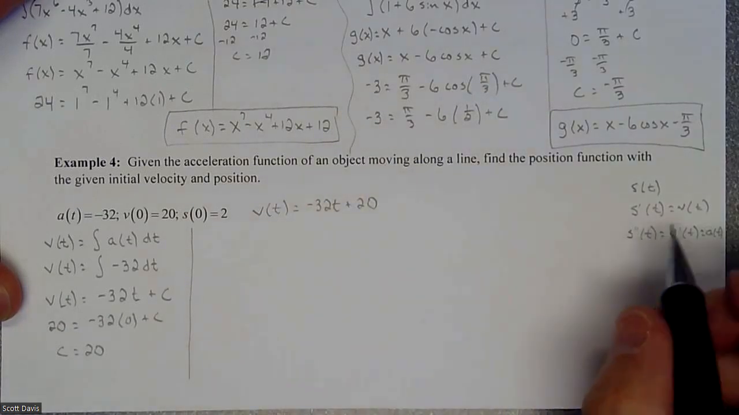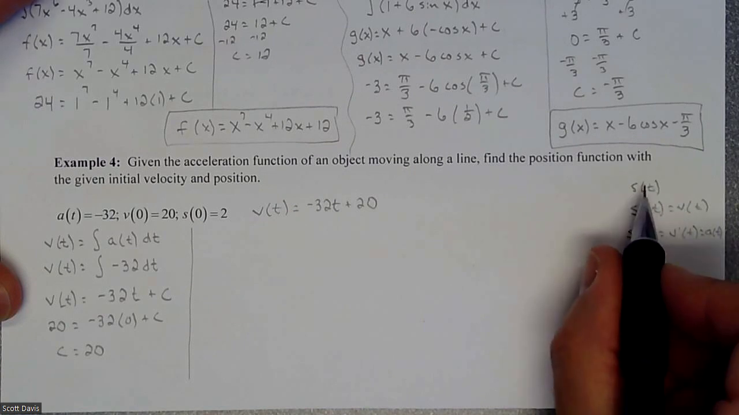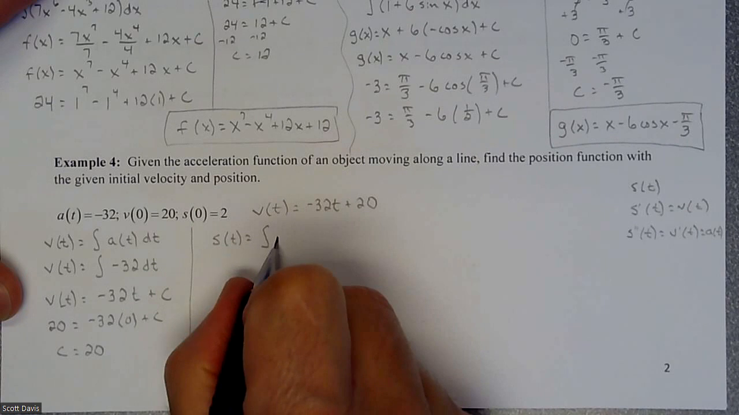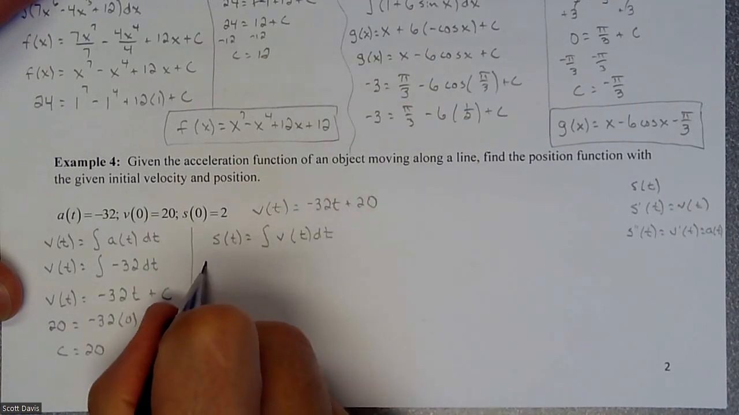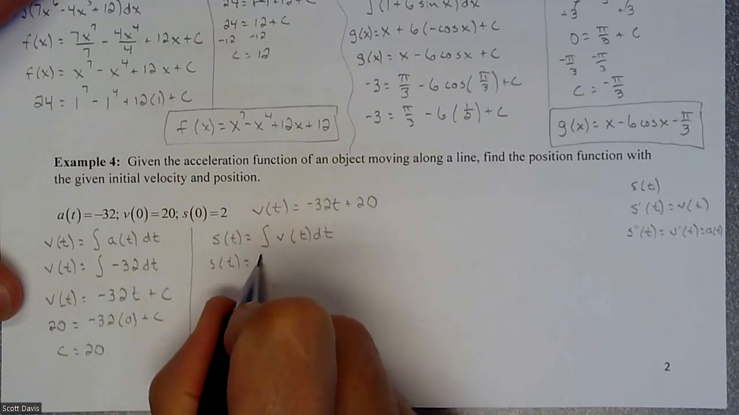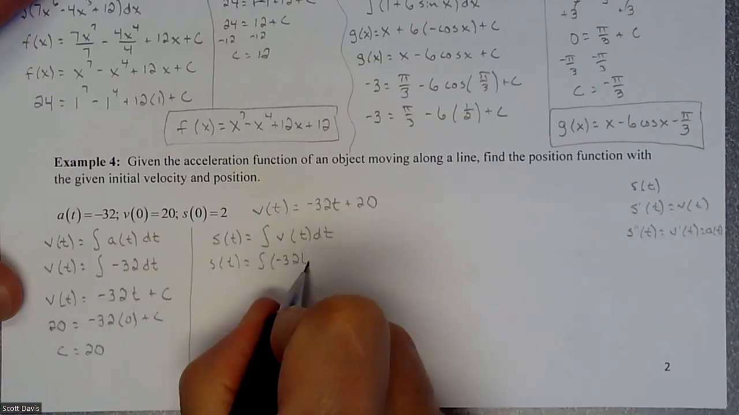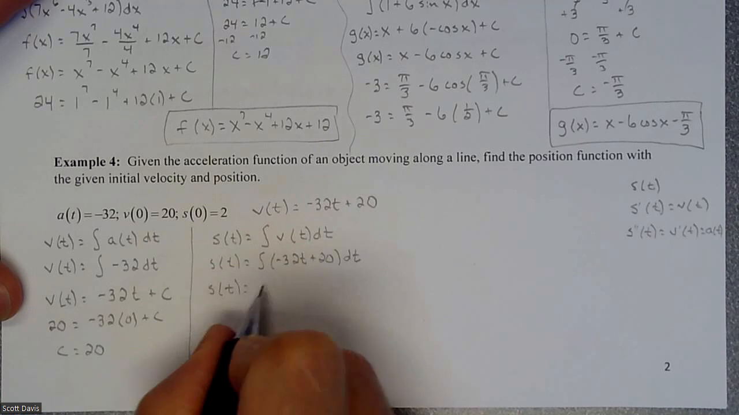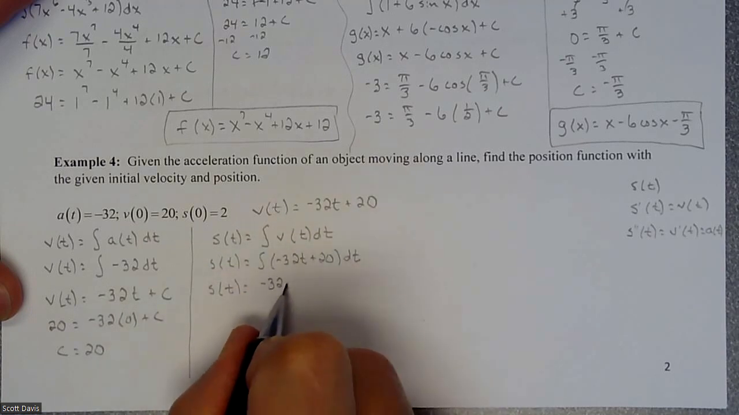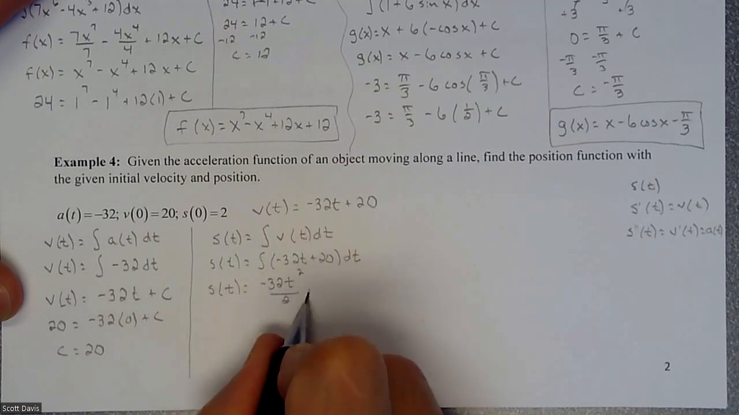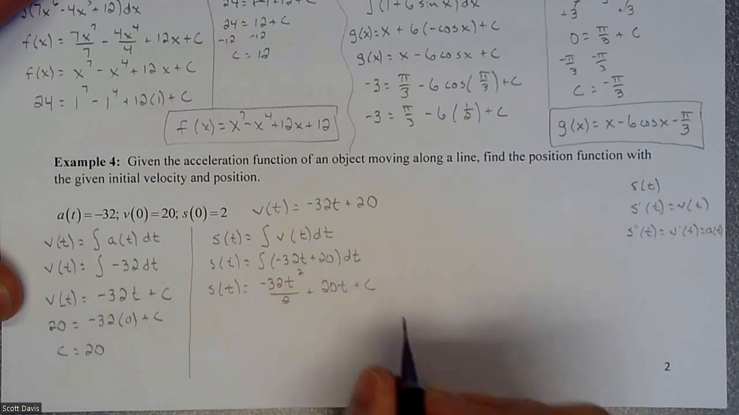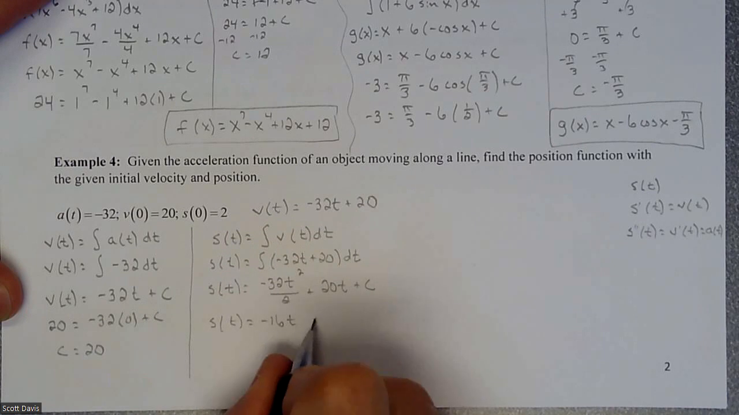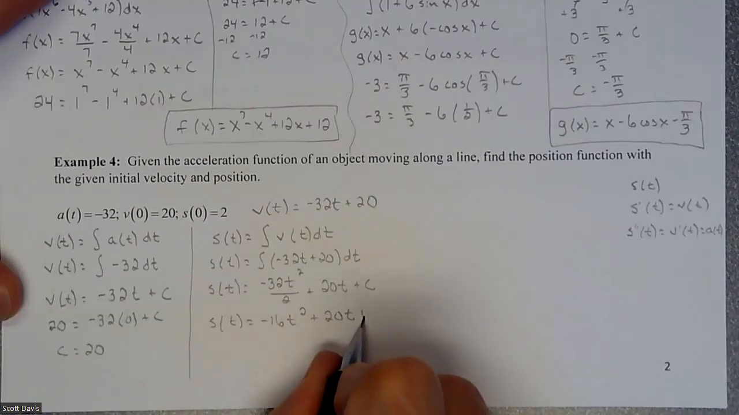Great. So now, in order to get from the velocity to the position function, we're going to do the antiderivative again. So our position function is going to be the integral of our velocity function. So we know that to be negative 32t plus 20. All right, so to get our position function, we're going to do the antiderivative of this. So we're going to have a negative 32. We're going to add a power to the t, divide by that power, plus 20t plus c. So if we simplify that a little bit, our position function is negative 16t squared plus 20t plus